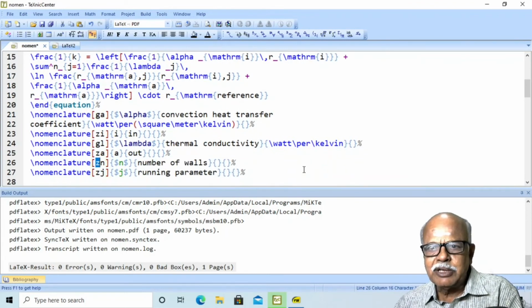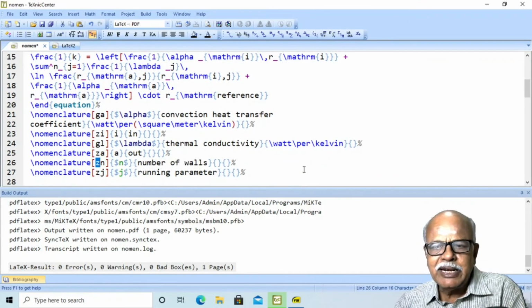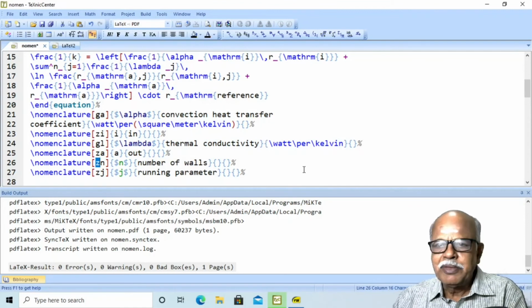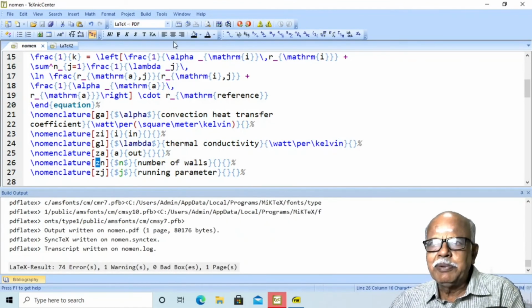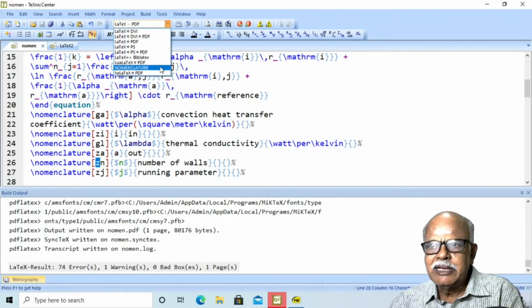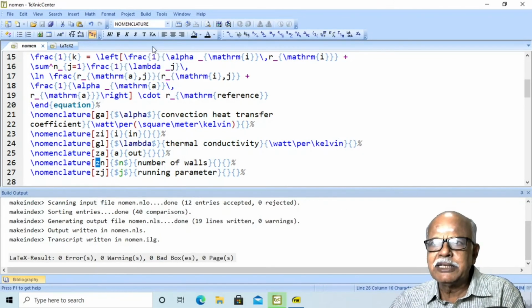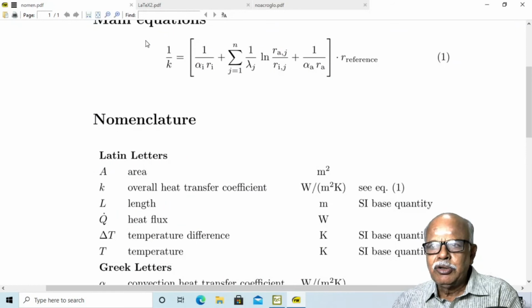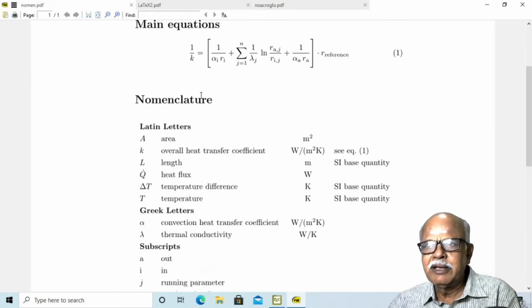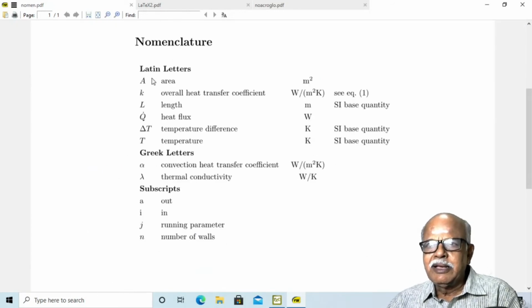And if I use the option Z, we will get subscripts. Let me demonstrate it. Compile with PDFLaTeX, again execute nomenclature, again compile with PDFLaTeX. You will find Latin letters are grouped, Greek letters are grouped, and subscripts are grouped.